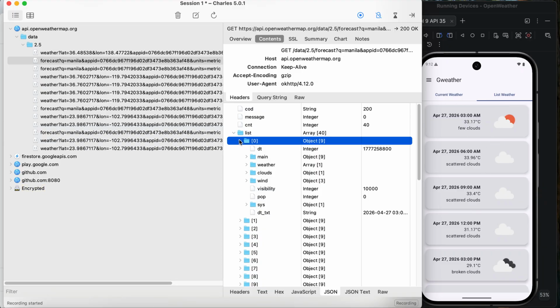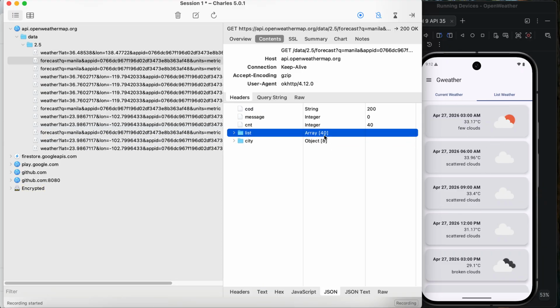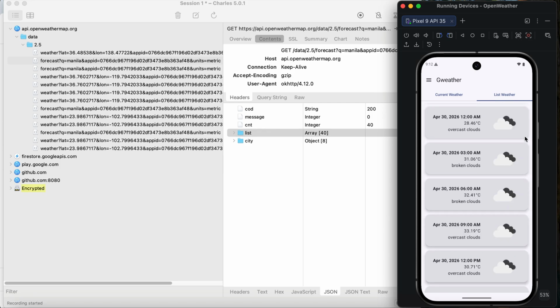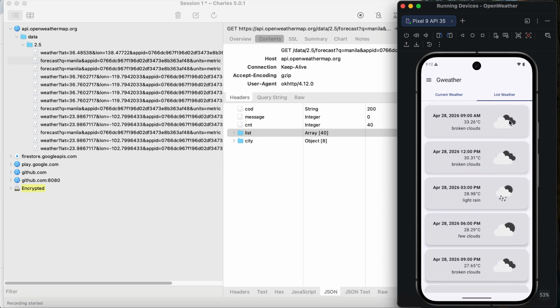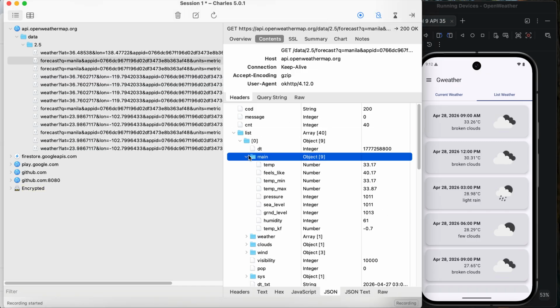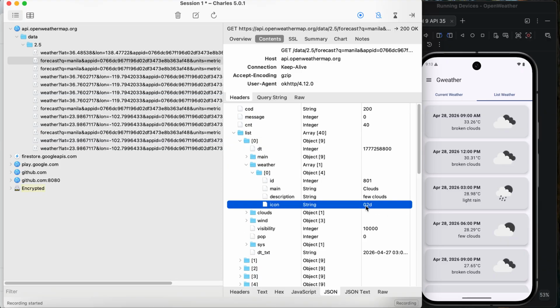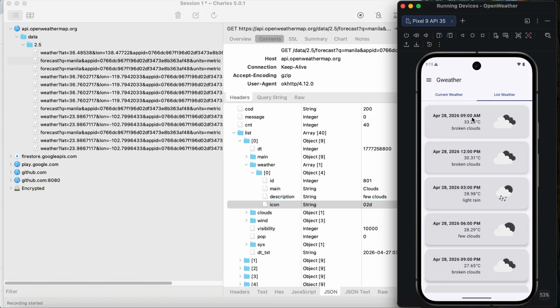From this list we have 40 items going down, and this icon I get from the list, from the weather. The icon I used was based on the API.